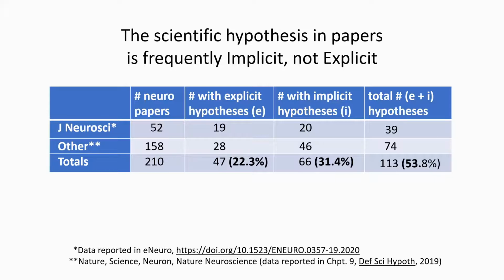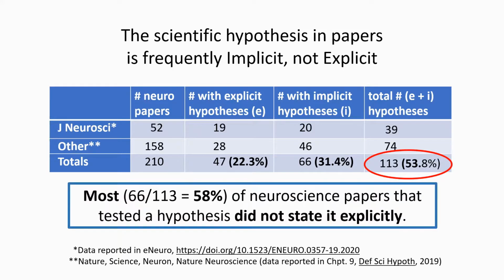whether or not the paper had an explicit hypothesis or whether there was an implicit hypothesis that organized the work. The details of how I did the classifications is given in the references below. In only about 20% of the cases, 47 out of 210, could I find an explicit hypothesis present in the paper. In another 66 papers, or about 30%, there seemed to be an implicit hypothesis. And the most important thing is that of the total of 113 papers, the majority, 58%, had a hypothesis that